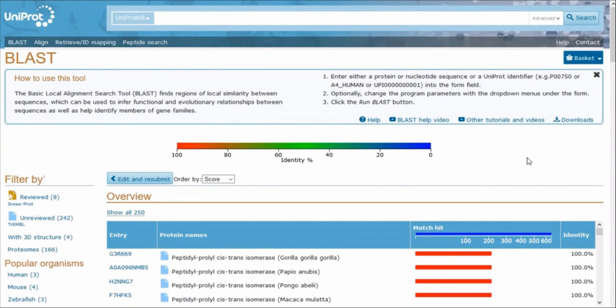Okay, I guess that's about it for now. I hope that helped in looking at UniProt. It's my first review of this, and we'll need to